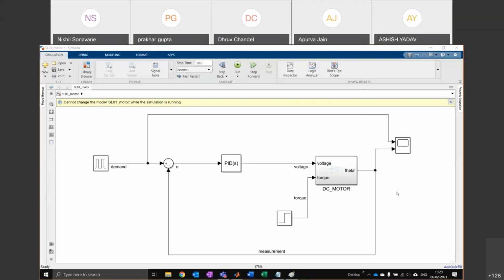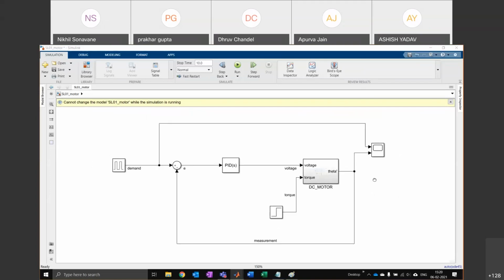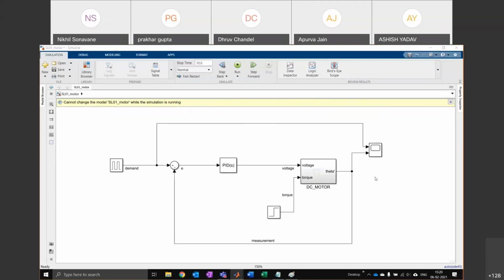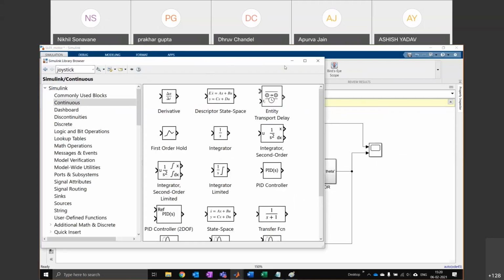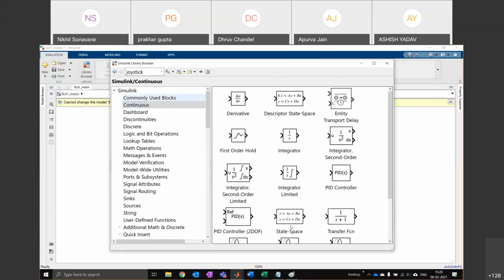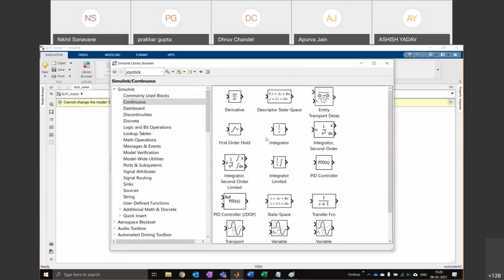Okay. Right. So the next thing to show you mainly is, if you go to library browser here, so far what we've been looking at are these blocks which have inputs and outputs, and these are just numerical functions.